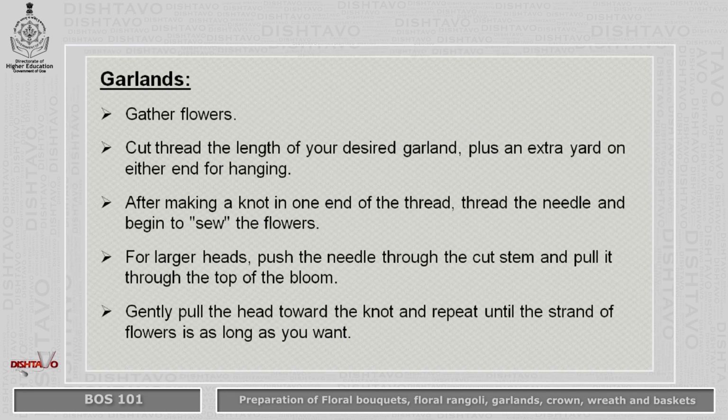Garlands. Garlands are made in two different types. In the florist shop you will find the flowers are woven on a needle, and they are just sewed on a thread of desired length into a strand of flowers of desired length, and the extra thread is kept to tie the garland at one place. A small round decorative pendant can also be put in this garland.